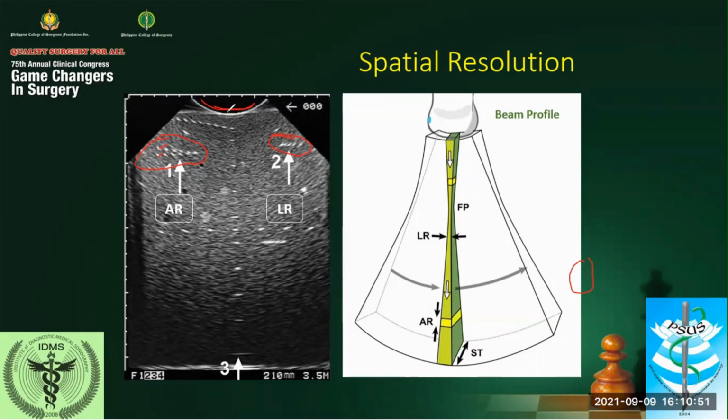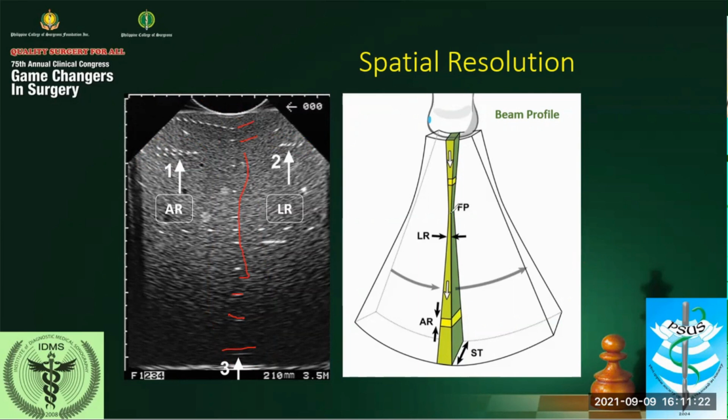Now, in the middle, at the center here, you can see a group of pins. If you'll notice the pins here, as they go down, the pins become wider. That is divergence.